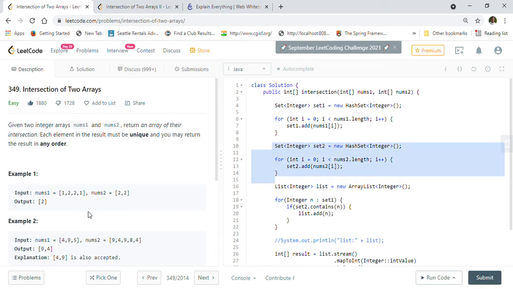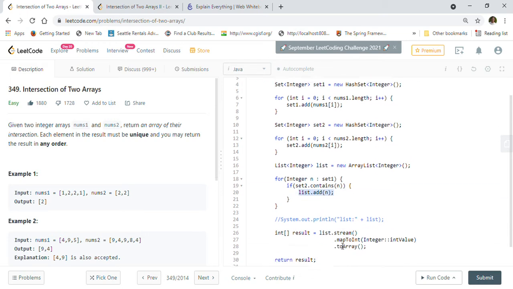Now since we have set1 and set2, set1 will have elements 1 and 2 here, and set2 will have only one element, 2. We will create an ArrayList of integers and iterate through the set1 elements, and whenever we find a corresponding match in set2, we will add that element into our list.